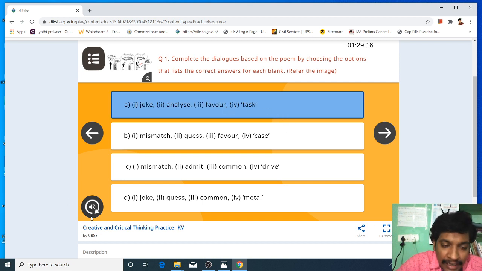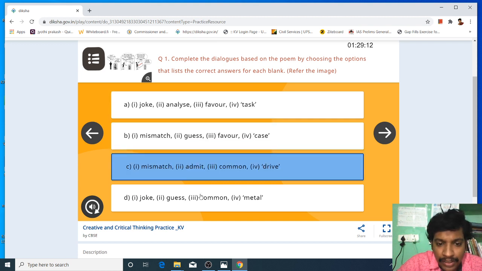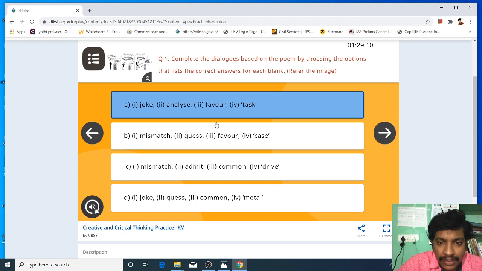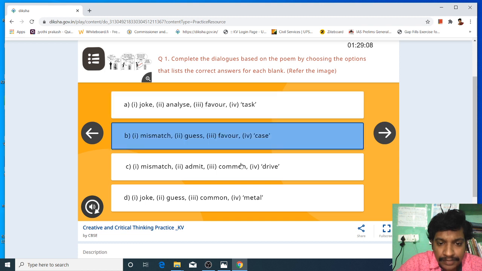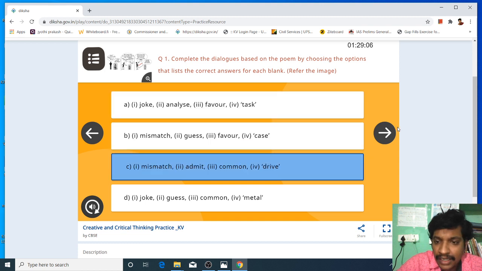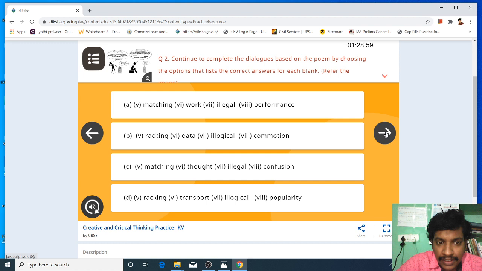Not only by clicking deselect, you can also directly change your options. Whichever option you feel is right, you can select. After choosing the correct option, you can go to the next page. This is the process to take the CCT test.